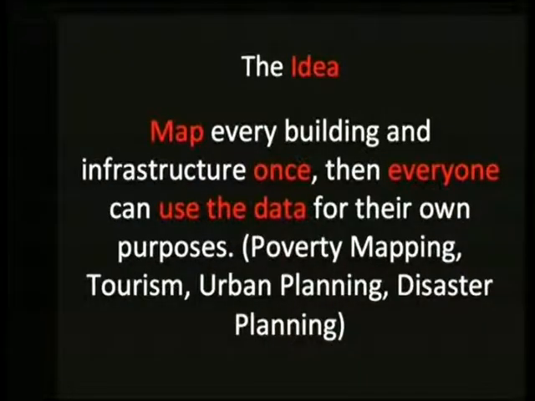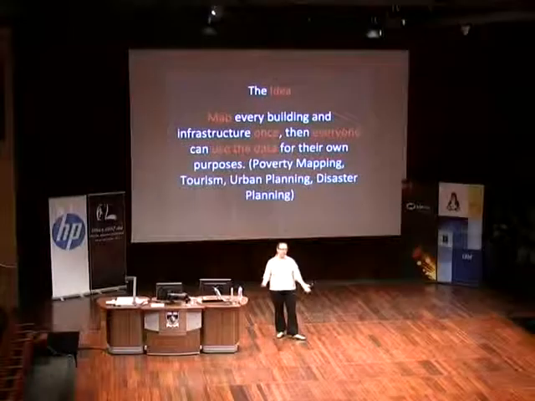So the idea from the OpenStreetMap perspective was, could we create a community and map once and have people use it for a bunch of different reasons? Not just, we only cared about the disaster component and the exposure data, but you could make poverty maps, you could make tourism maps, and some members of commercial industry were involved because you can host this on your own infrastructure and not pay large API fees to Google, for example. So map once, everyone then can use it.